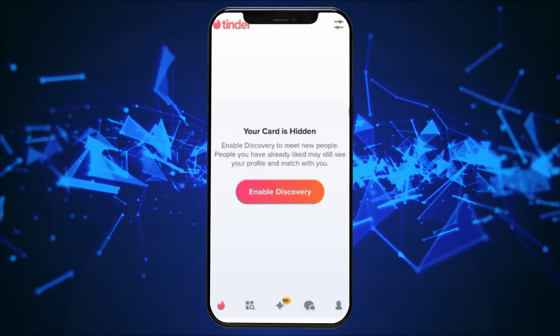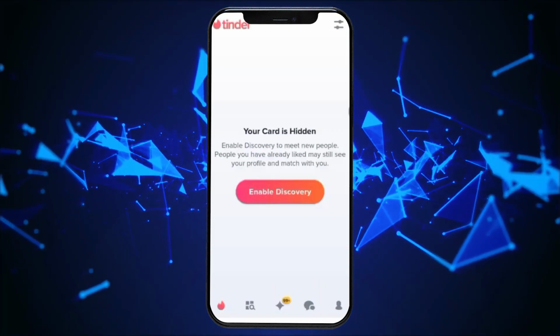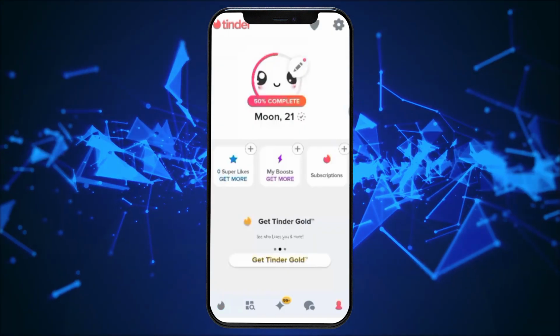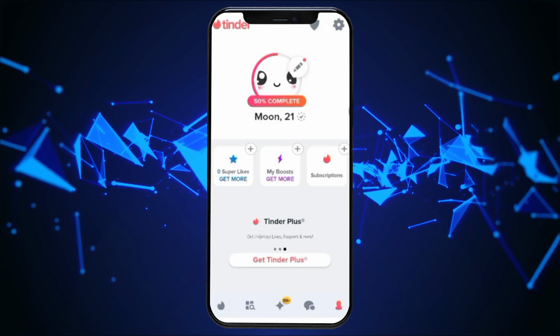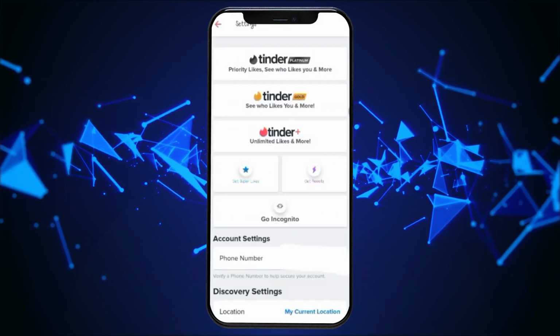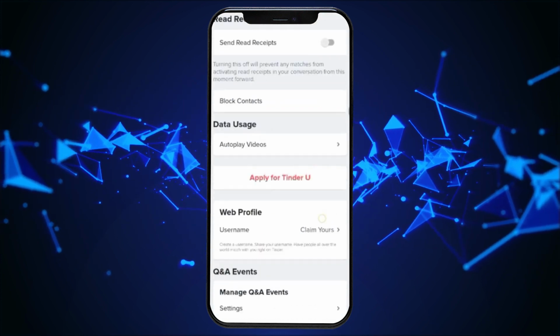Let's get started. To begin, open your Tinder application and navigate to the home page. Click on the human icon at the right corner below to access your profile. Once in your profile page, click on the settings icon at the top right corner of the screen to enter